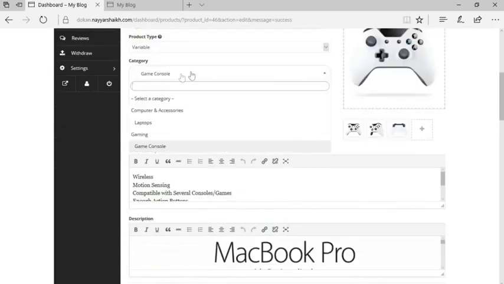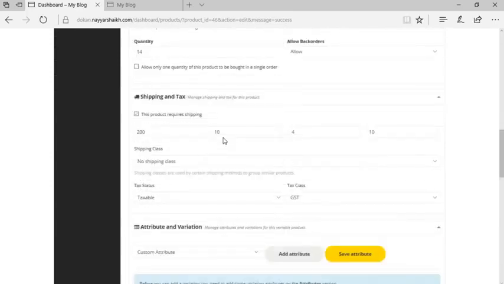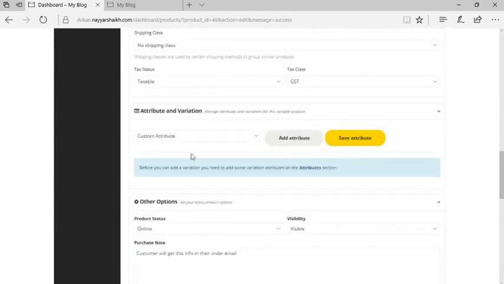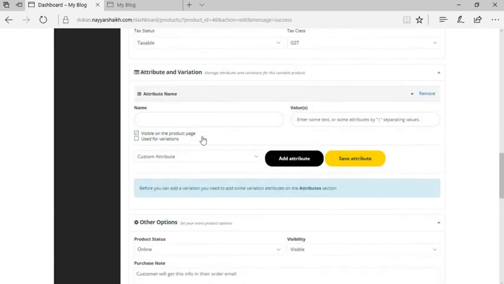Okay, now you can select a different category if you want. Then coming down, everything else will be fine except this thing. Now we have the custom attribute. You'll click on add attribute. Okay, now we can name this attribute. For example, we can name it as memory. This is a game console, so obviously you will not have these memory options, but I'm just showing you how to add